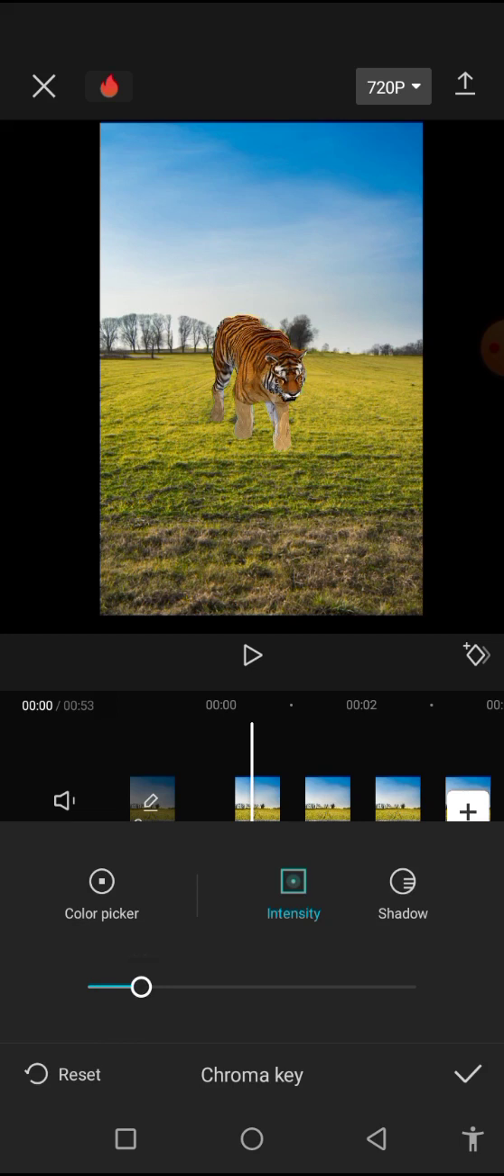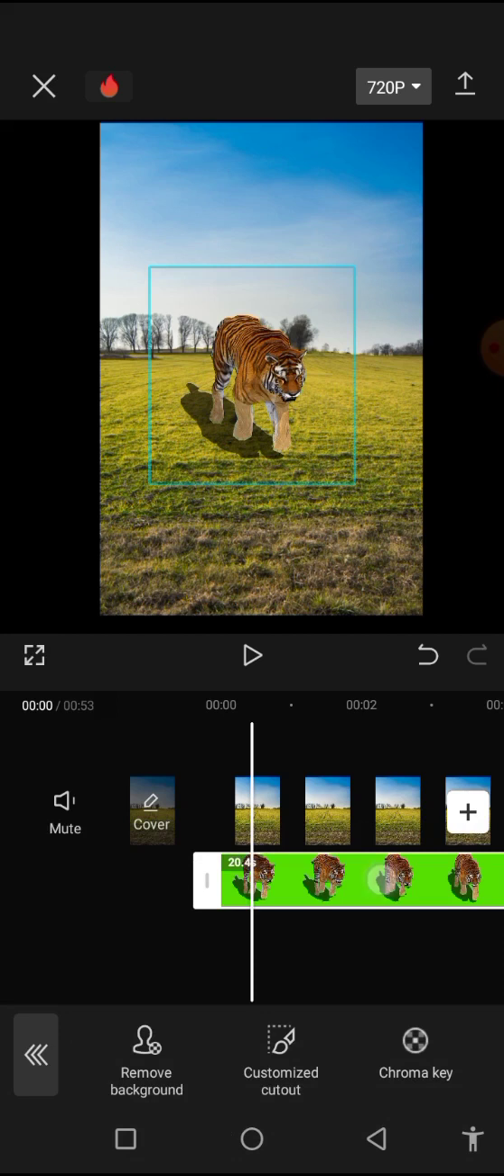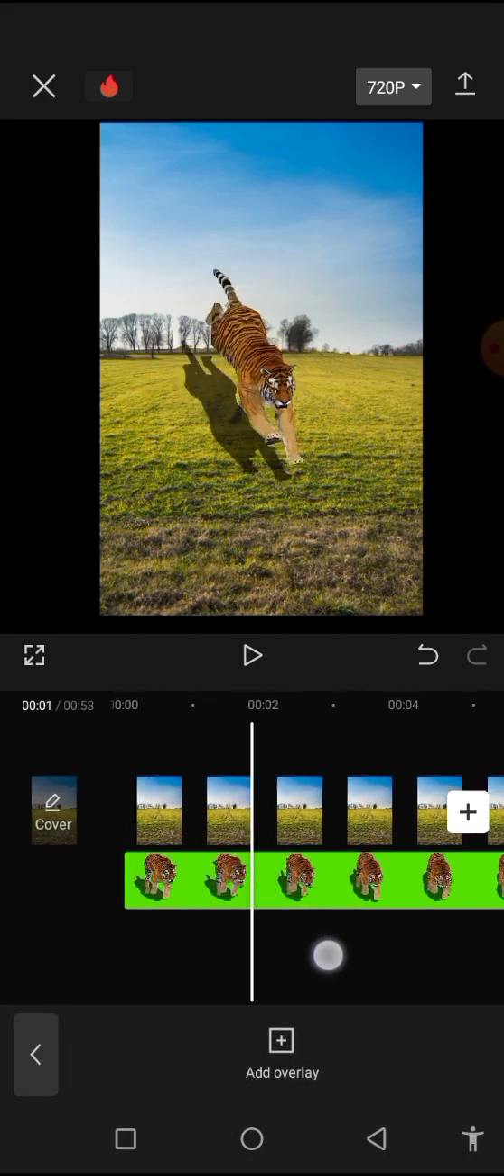But before then, I'll go to shadow. The shadow has disappeared. I want to bring it back. I'll click on shadow, then bring the shadow back. Okay, this is the shadow. I'll click on OK. So this is it. So from this place now,